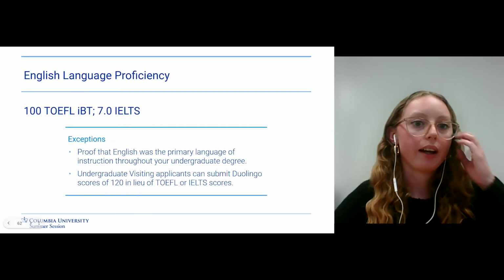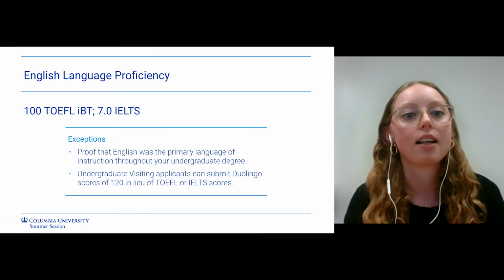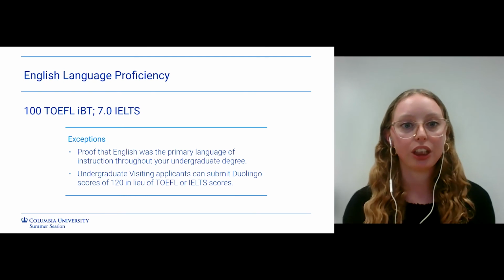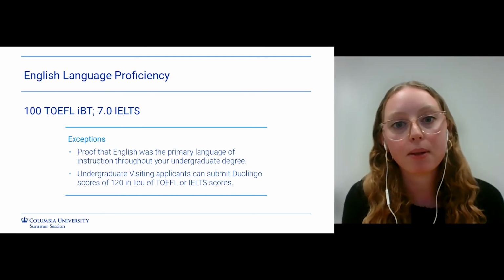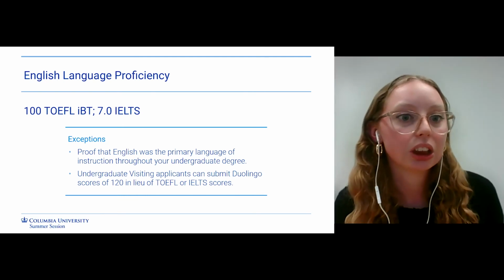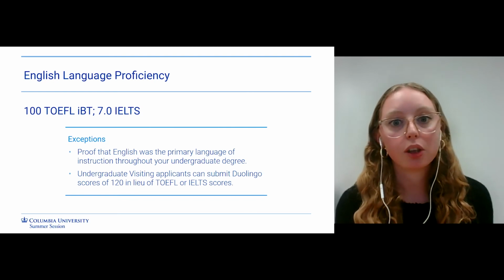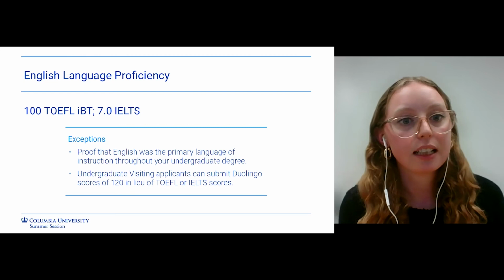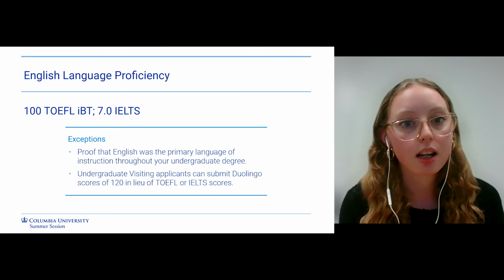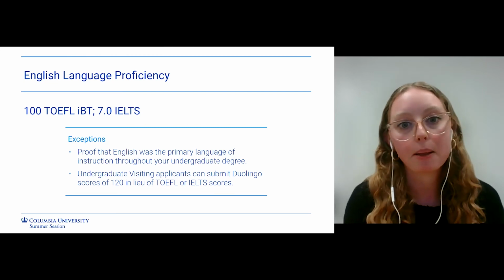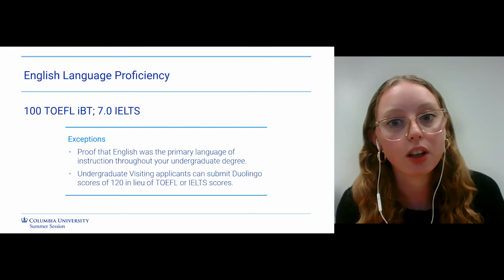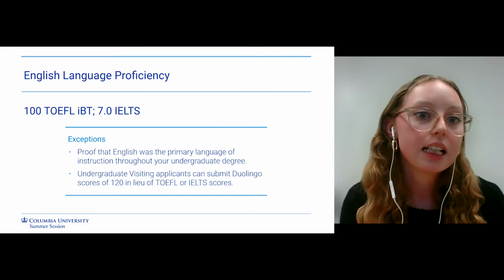We do have English language proficiencies to be considered for admissions. Students must be comfortable with rapid and idiomatic spoken English. Students whose native language is not English must include proof of English proficiency. SPS accepts the following exams: a minimum of 100 on the TOEFL and 7 on the IELTS to be